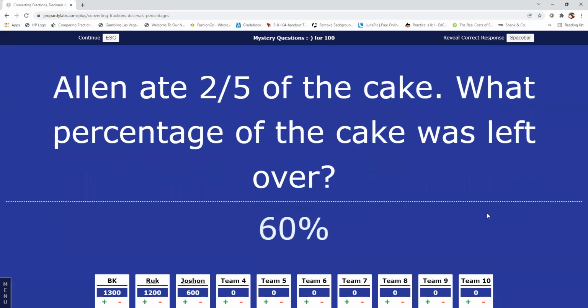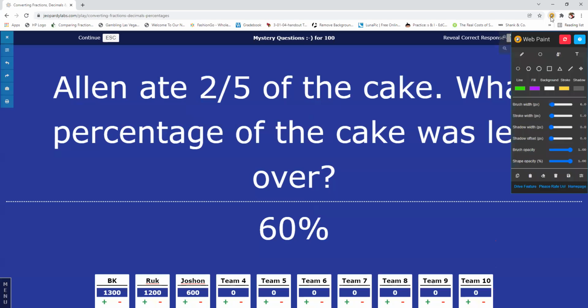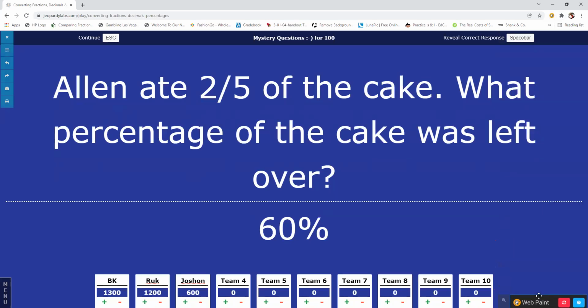All right, so the correct answer is 60%. That's what was left over. So how did we get that particular answer? Well, first things first, it says Alan ate 2/5 of the cake. It says what percentage of the cake was left over? I think a mistake that people will tend to make is they overlook what's left over and they're just calculating